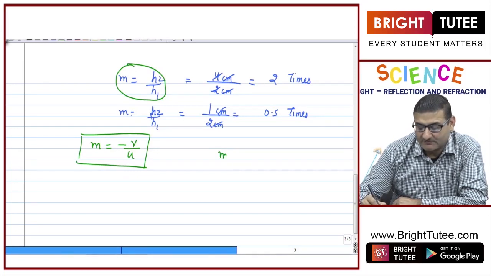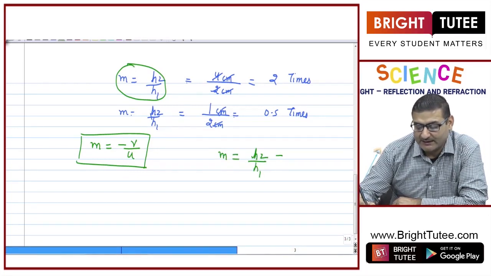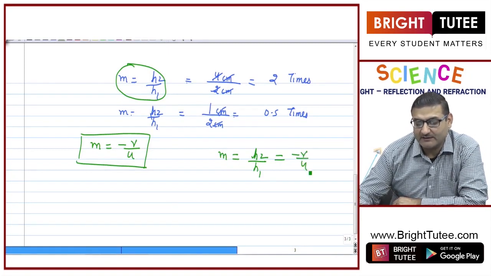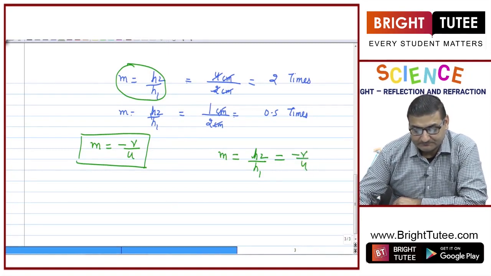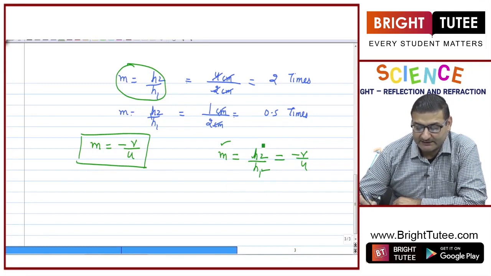So, I can write it this way also: magnification is equal to h2 by h1 is equal to minus v upon u, right, where I should know the meaning of all the symbols over here. m is magnification, h1 is the height of the object, h2 is the height of the image, u is the object distance, and v is the